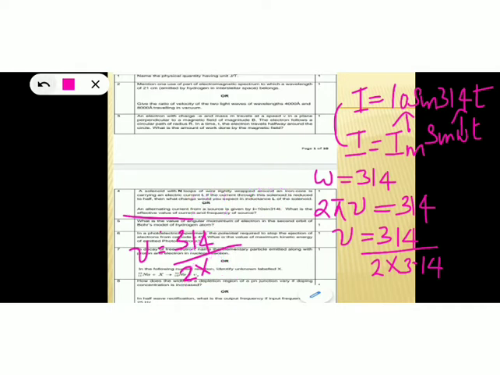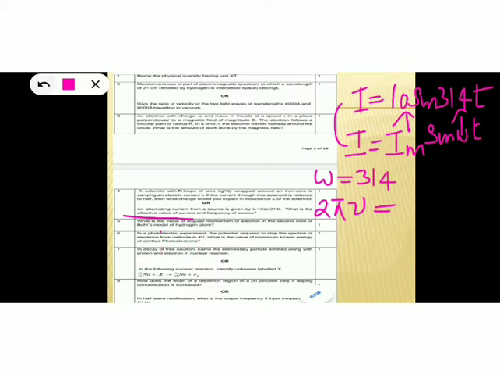Now we can move on to the next question, that is the fifth question. What is the value of angular momentum of electron in the second orbit of Bohr's model of hydrogen atom? Okay, so let me rub this, afterwards I will discuss that. So, what is the value of angular momentum of electron in the second orbit of Bohr's model of hydrogen